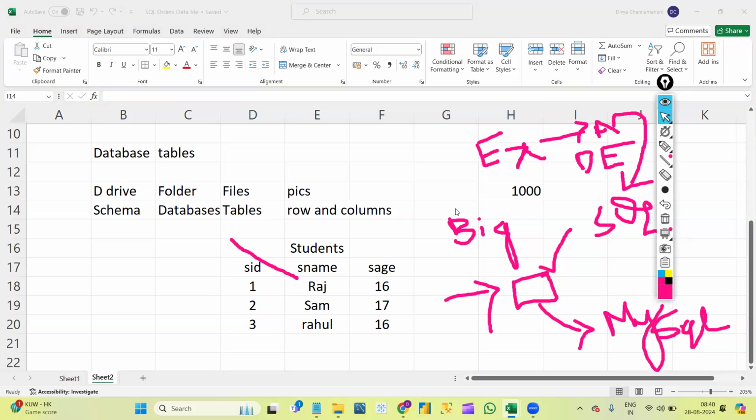So I will show you how the file will be, how the data will be, how we need to store that, or how we need to connect that file to our MySQL, and we will start from there. Like, how we need to analyze the things, how we need to work on the SQL. We will learn everything practically, and how we will deal in real time.